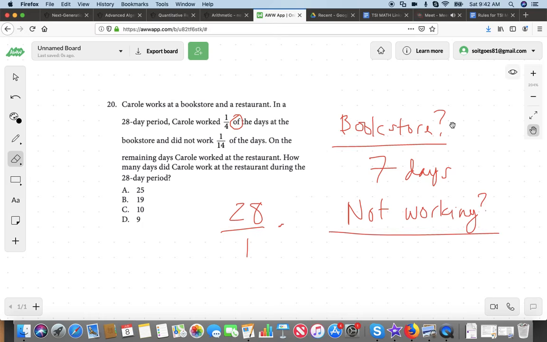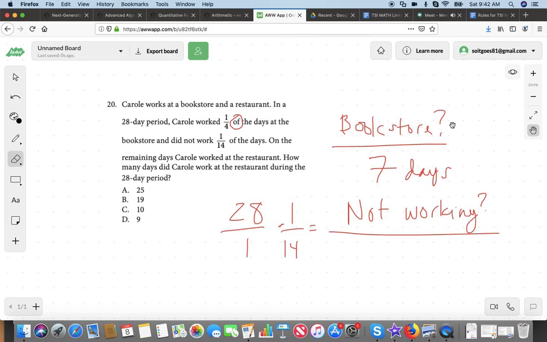That would be 1/28 of the days. Well, and here's the operation. Remember, we just said this, right? If she's working 1/4 of the days at the bookstore, we multiply 28 by 1/4. And if we want to find out how many of the 28 days she didn't work, that's 1/14 of the days. All we have to do is multiply 28 by 1/14,